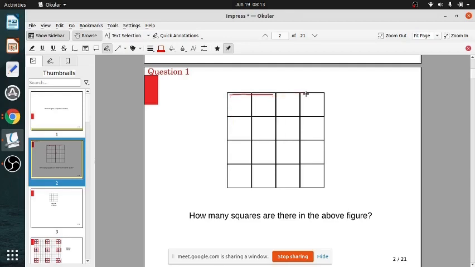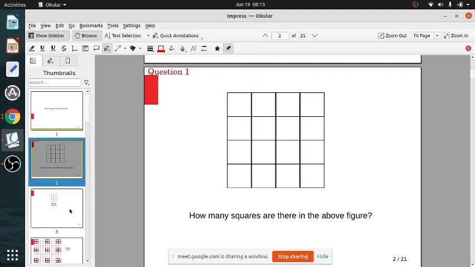First, I'll give you the logic and then I'll give you the shortcut. When I'm teaching you how to count, don't think you have to do that in the competitive exam. There will be a shortcut trick, that also I'll tell you. But before that, I'll tell you how we get to the shortcut trick.